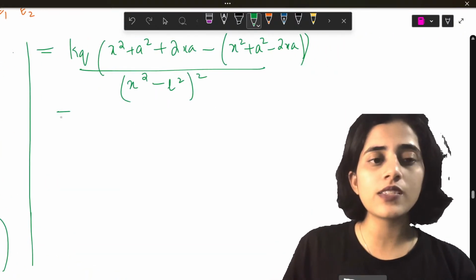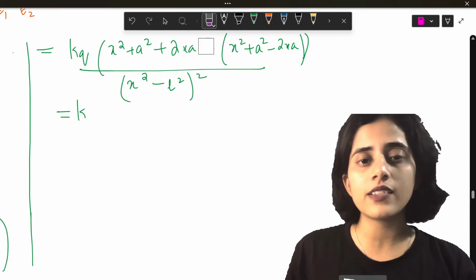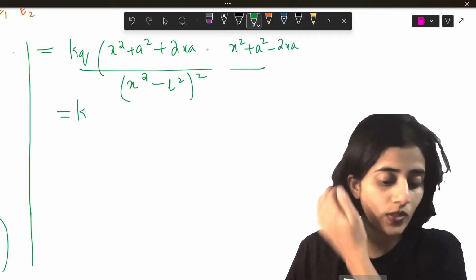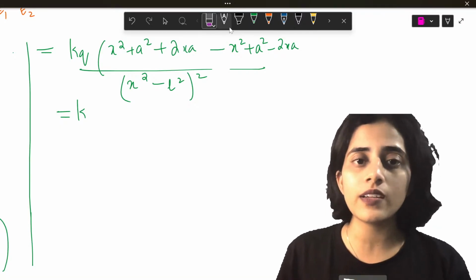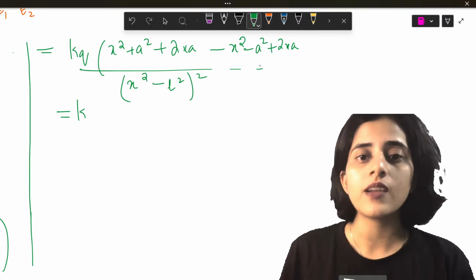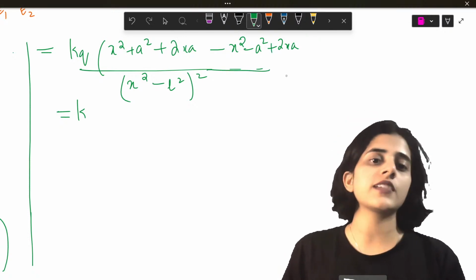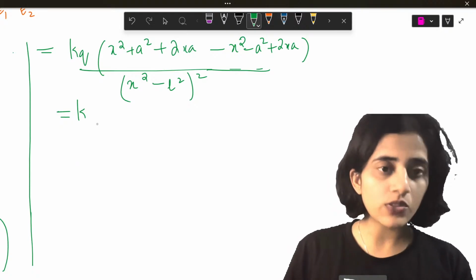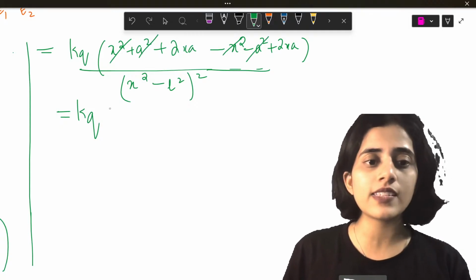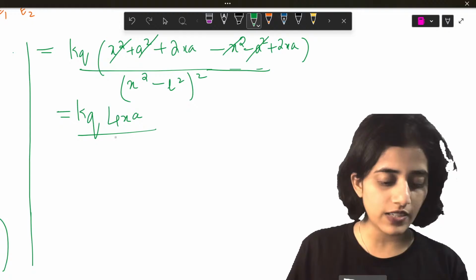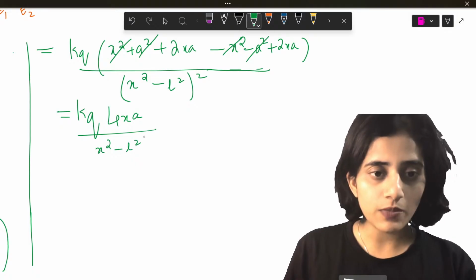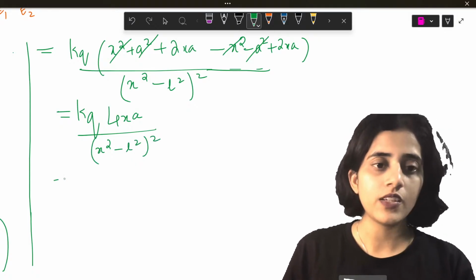Alright. So now here itself I can remove this bracket and put all the negative signs. I can multiply it with the negative sign. So this will be minus X square minus A square plus 2XA. Okay? I just put the minus sign inside. So now this becomes what? KQ, X square minus X square will cancel. A square minus A square will cancel. KQ 4XA the whole divided by X square minus A square the whole square, which is equal to